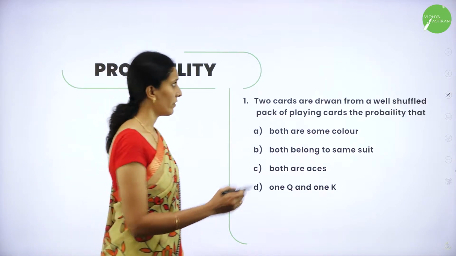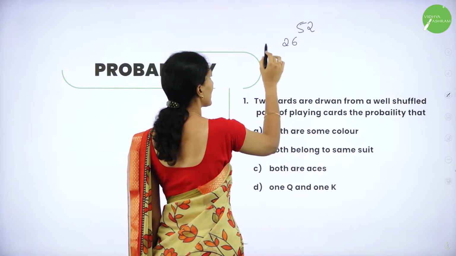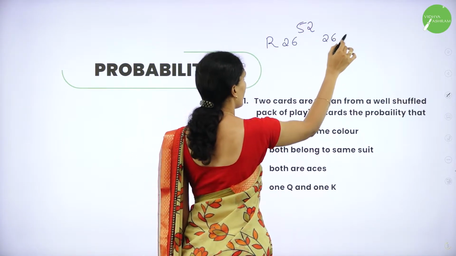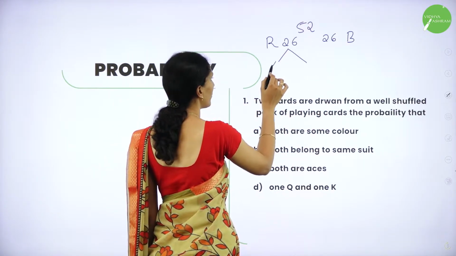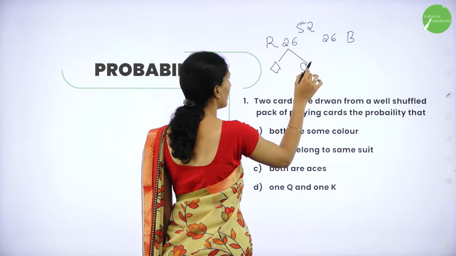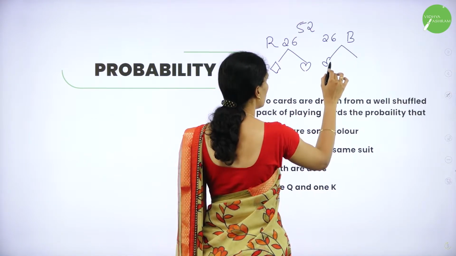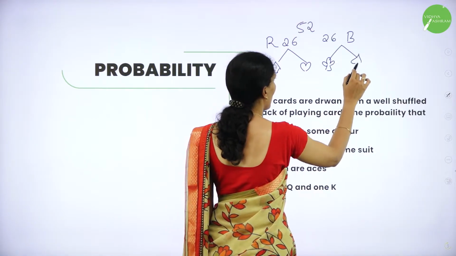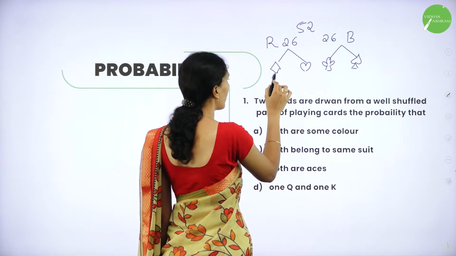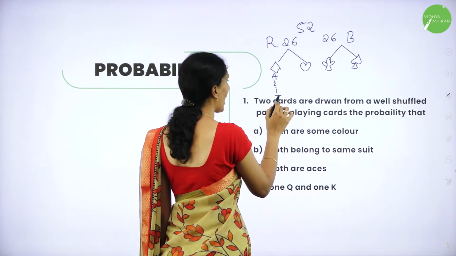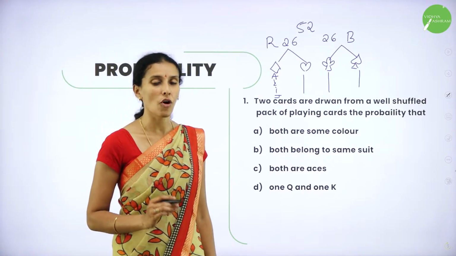As I said in my previous session, you will be having 52 cards. Out of them, 26 are red and 26 of them are black. And in the 26 red, you are having two different sets, that is, one is diamond and another one is heart. So you will be having different suits for black also, that is spade and club. So in each set, you will be having a number from Ace, 1 till Jack. So similarly, for all the suits, you will be having 13 cards.